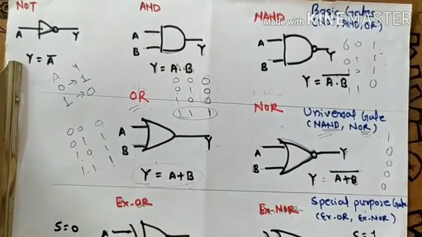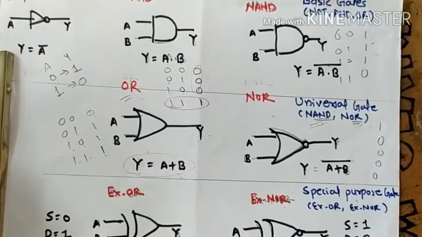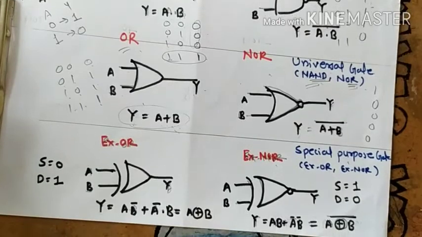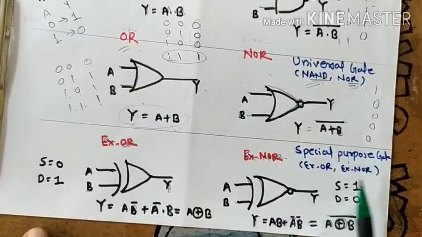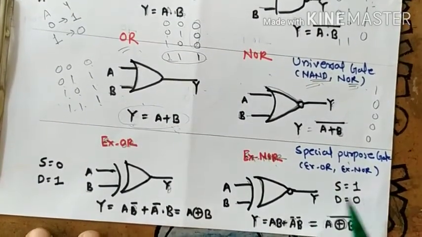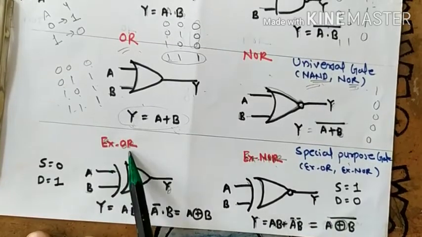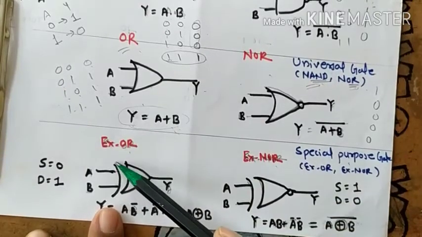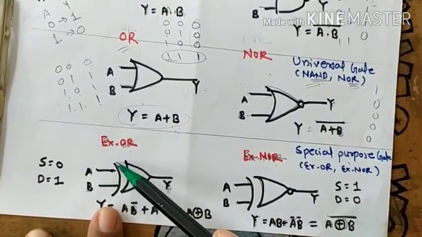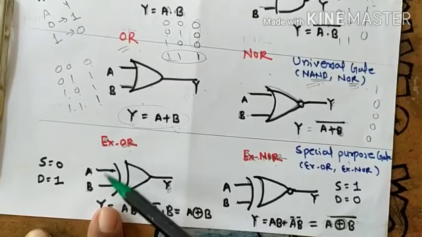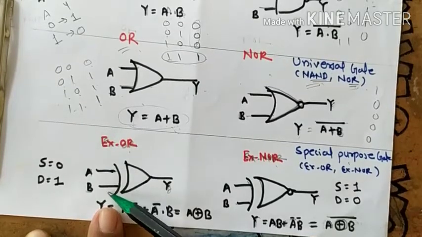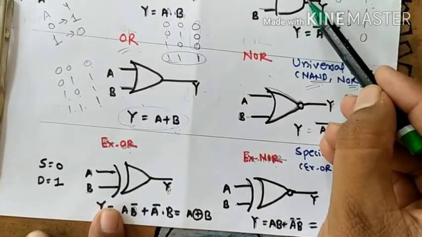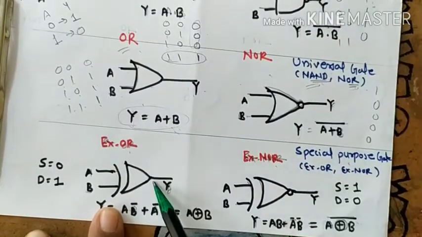Okay. So the last type is the special purpose gate. Try to understand this special purpose gate. These special purpose gates are used for different applications. See here the XOR gate. See the symbol of the XOR gate. It is the same as the OR gate, but there is one extra curve here. With the help of this curve, we are joining our inputs A and B. There is no NOT gate round here, so this is a simple XOR gate.